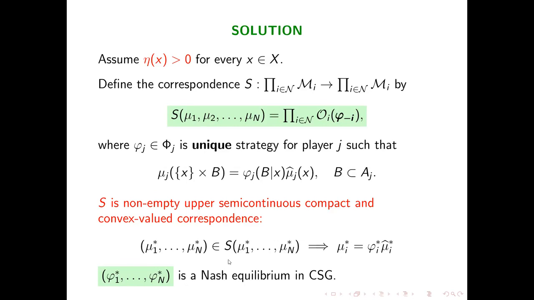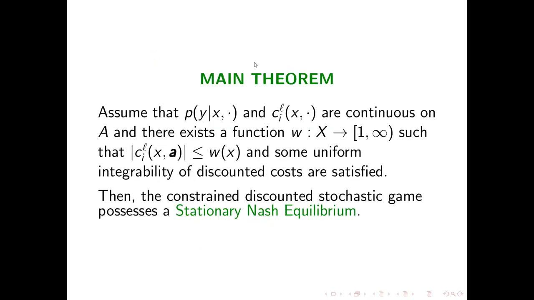The idea is first to use correlated strategy. Thanks to that, we have a compact convex set in the set of probability measures on the state space and action sets. And then working in this set of calligraphic M, we can obtain a Nash equilibrium. So the main theorem is as follows: assume that